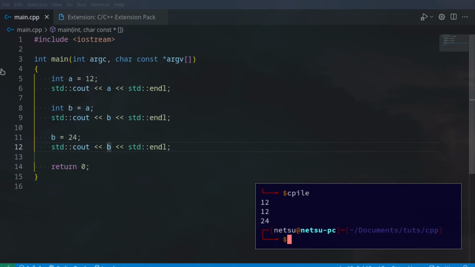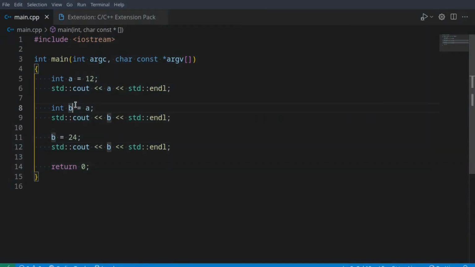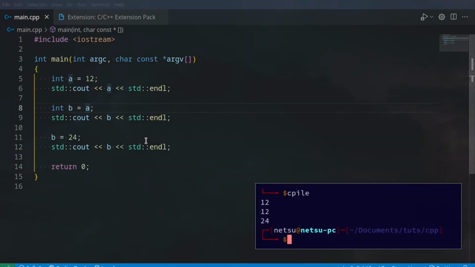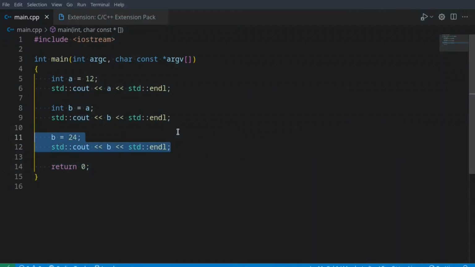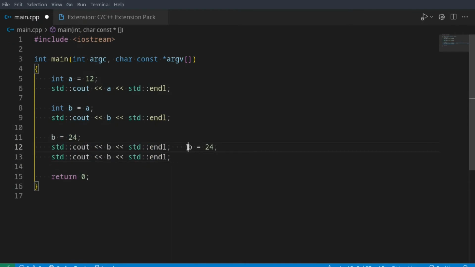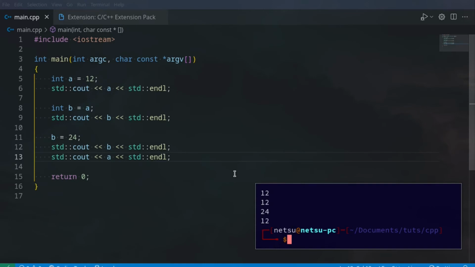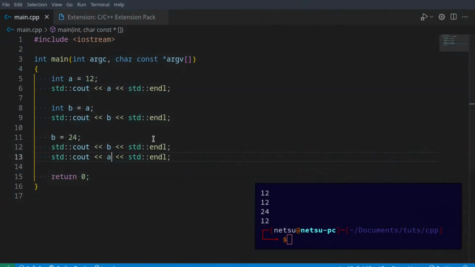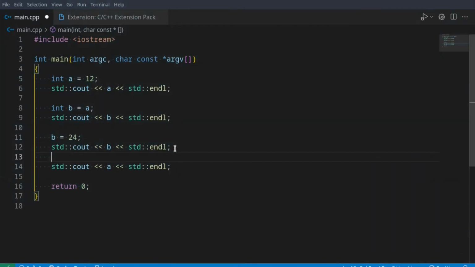So when we look at a here, that means that b just gets the value inside of a, but a itself stays the same and b will change when we change b. So if we were to copy and paste this and print out a, then you'll notice a is still 12, even after we changed b, because there are two different variables, two different